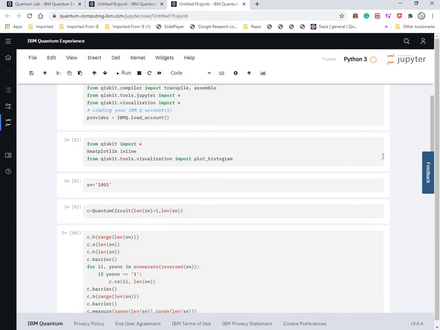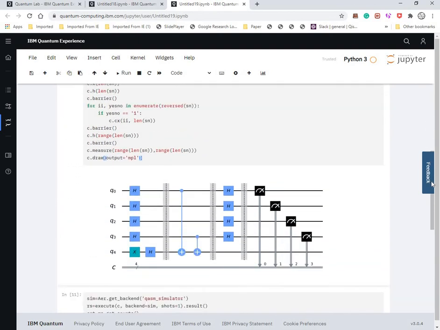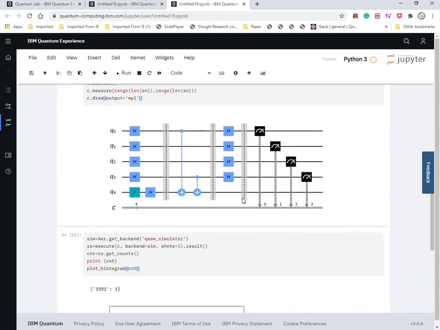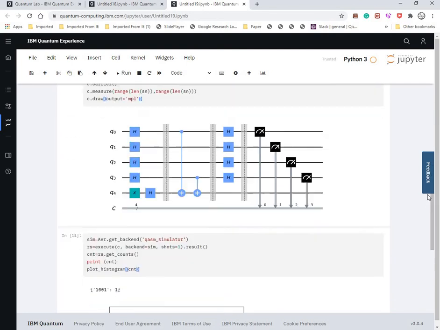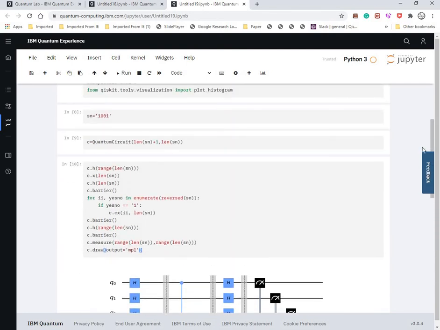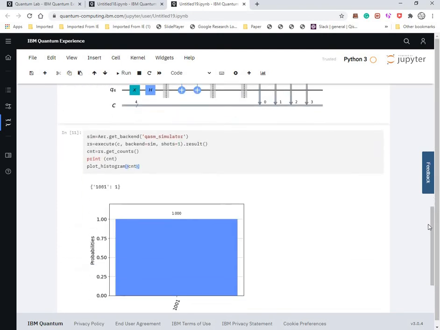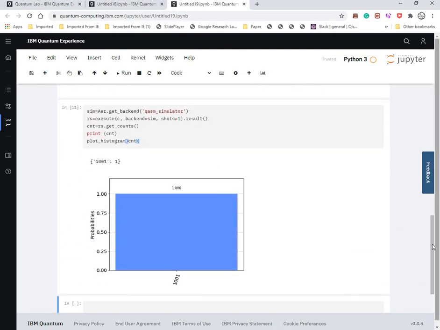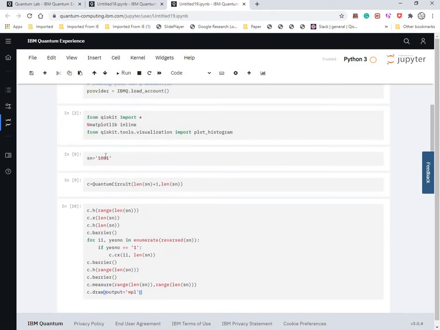That means if we use a secret number, the general program will give me the outcome, and the circuit will be updated according to the secret number due to the program that we wrote earlier, and we will get the output in one shot. Let's see what happens if I change the bit.